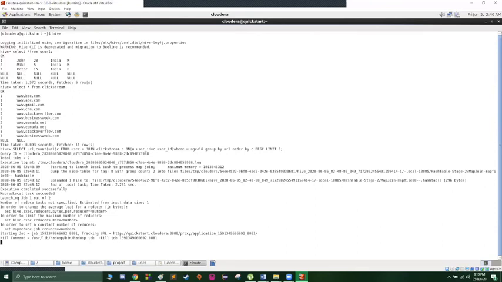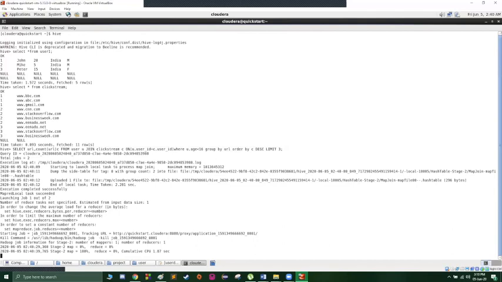So the first job has already been launched, and stage 1 will process. So VMware is estimating the relevant information and the data size and everything.